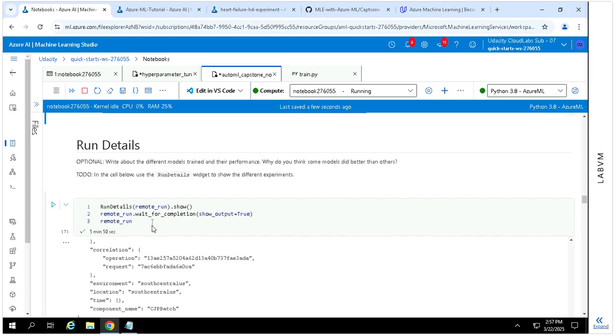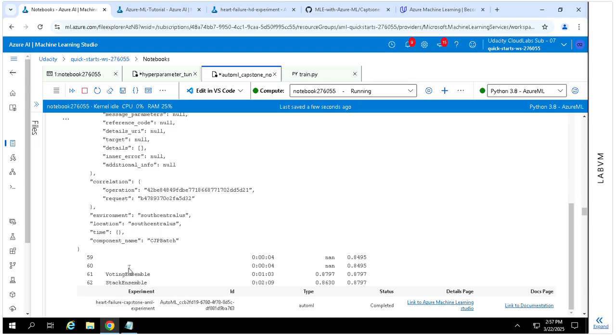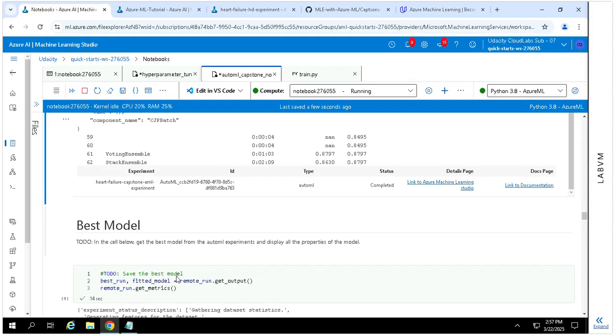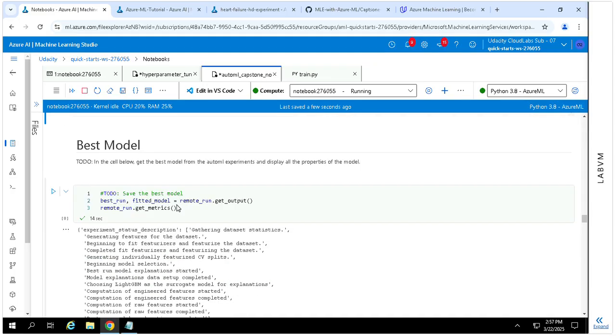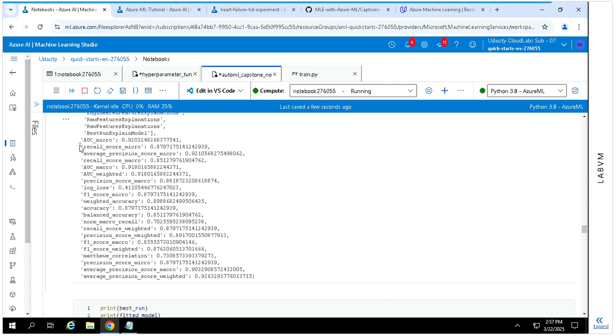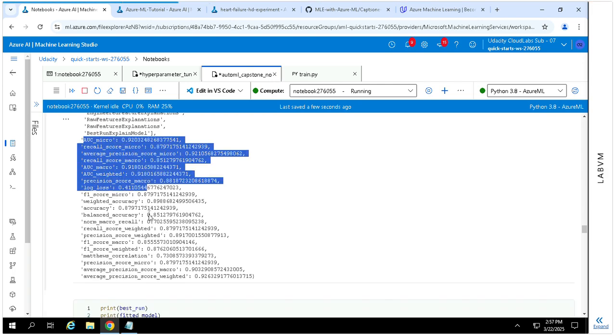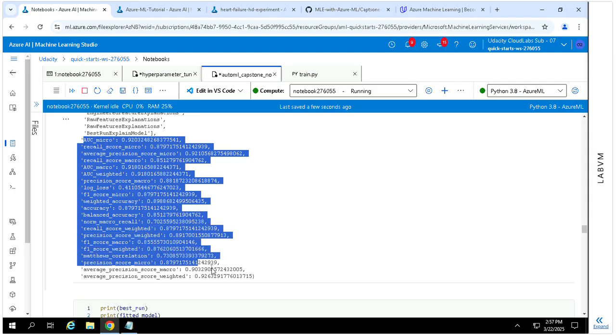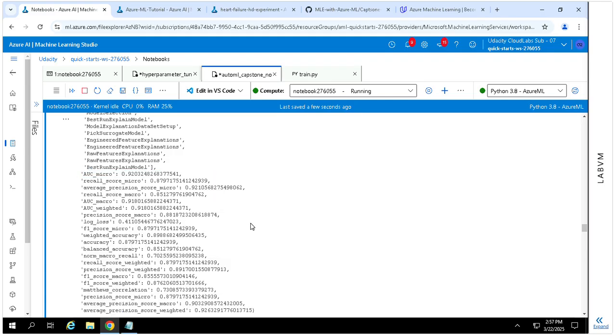I get my run details through that, and it shows the same thing, that the stack ensemble is my best one, at around 88%, which surpasses the voting ensemble, which I was expecting to be the best. I get my best model. I look into its features and configurations, the AUC micro, recall micro, balanced accuracy, F1 score, and all these things. These are nitty-gritty metrics which we can dive into